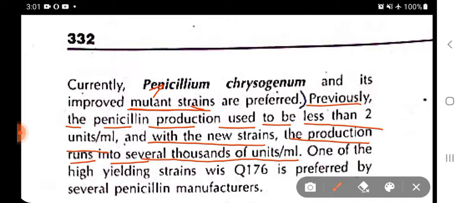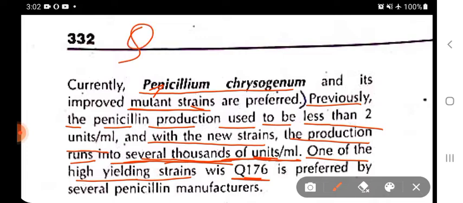Okay, so by random mutagenesis, by randomly doing mutation at several sites of DNA within the Penicillium chrysogenum genome, we have created such mutated strains that are able to produce several thousands of penicillin units per ml of the culture medium. And one of the high yielding strains is